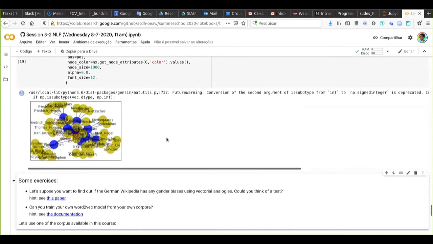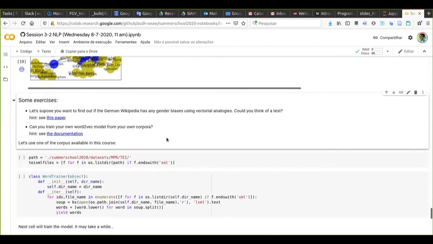Now I can explore the vicinity of the philosophers in a graph like this. And this graph is solely made from the similarities between the words. And now I have some exercises. I don't know if we will have time for this, but I would invite you to think about an experiment just using the code I have already provided to find any gender or racial or religious bias in the corpus, in Wikipedia. I would have to make an operation like